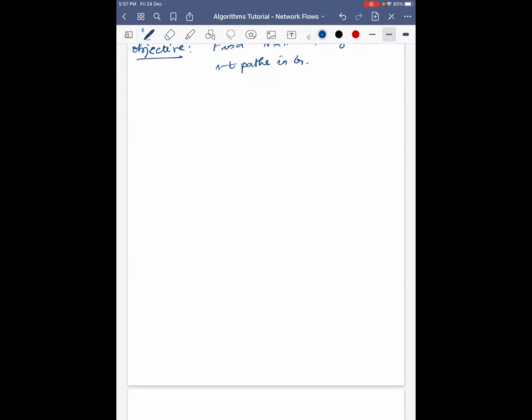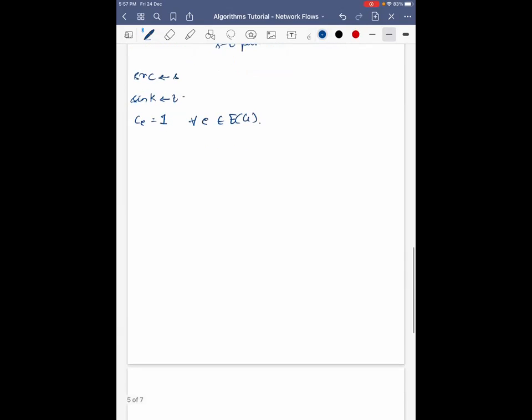So we'll set the source vertex as S, the sink vertex as T, and let us set the capacity of each edge in G to be 1. Now, given this flow network,